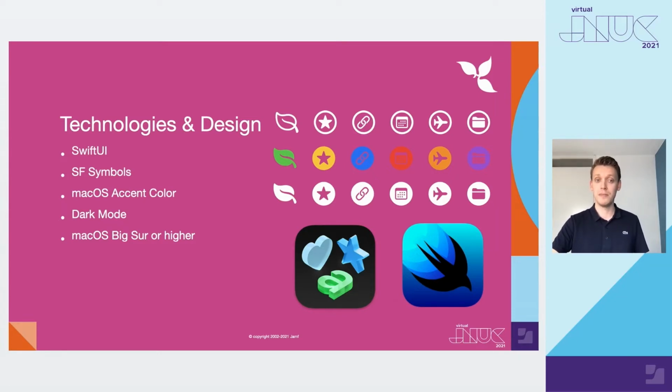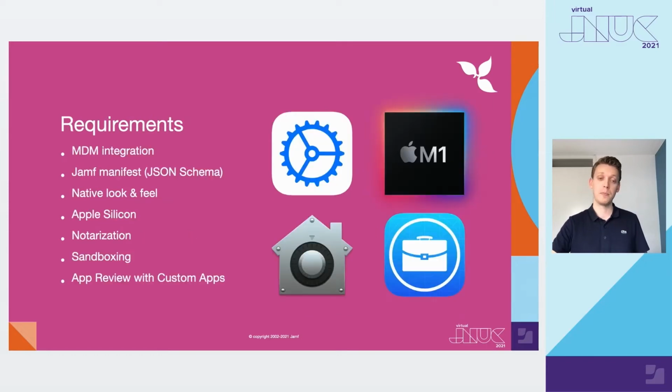We decided to go with the macOS accent color for the app buttons and symbols, as it dynamically changes with the user's preference. This is the default setting, but custom color is also possible. However, some organizations' color is too bright or dark, and you might want to stick with the macOS accent color. Because Apple SF Symbols was introduced in macOS Big Sur, this is the minimum requirement to use the app.